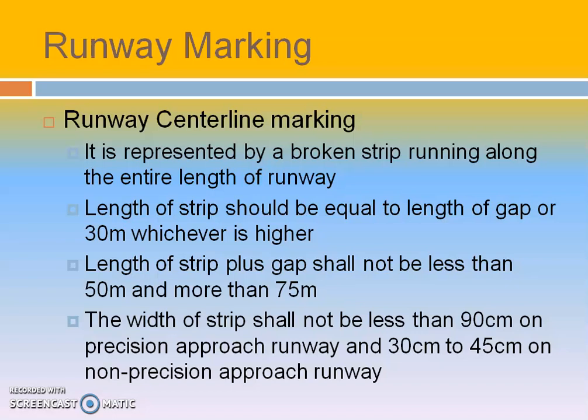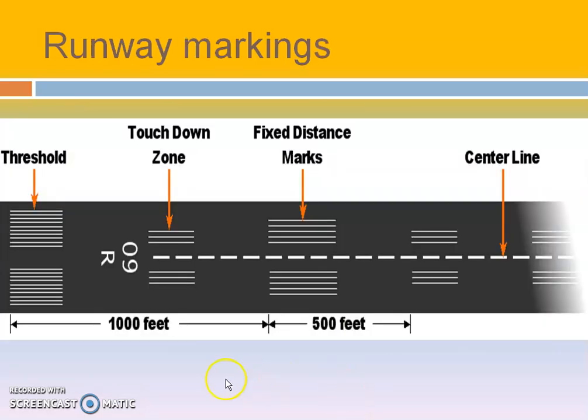Only if it is followed, from a certain height, the pilot will be able to visualize the positioning of the runway with its center line. So this one is the runway center line marking. I was talking about this line. And the end, we'll call it the threshold line, and this is the touchdown zone. When it is landing, it has to touch the touchdown zone. Beyond that, if it lands, it is very difficult to stop the aircraft within the runway length itself.